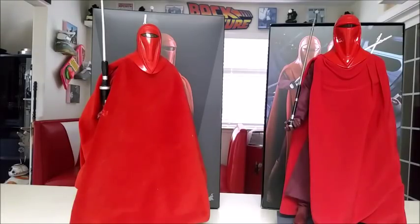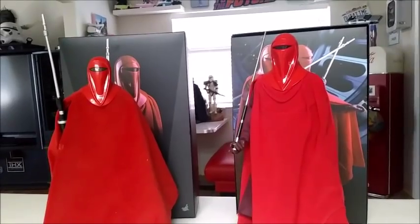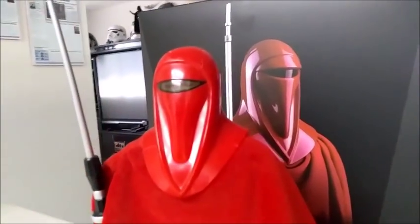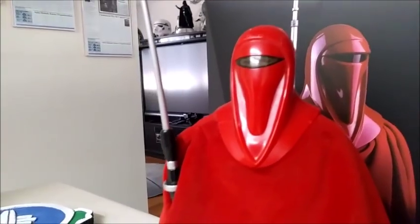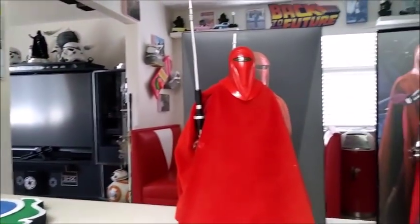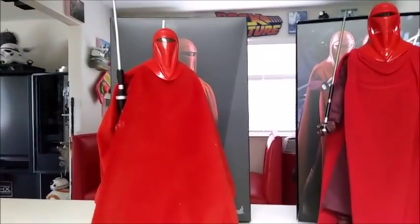Also, if you notice, the Hasbro one's a little bit shorter, so the Hot Toys must be a taller figure. And two, here on the Hasbro, you can actually see the eyes, and the helmet isn't quite as shiny. But this guy's been in just an open box for a while, so he's kind of been tossed around, so I'm sure you could probably make the helmet a little bit shinier. But anyways, so there's the